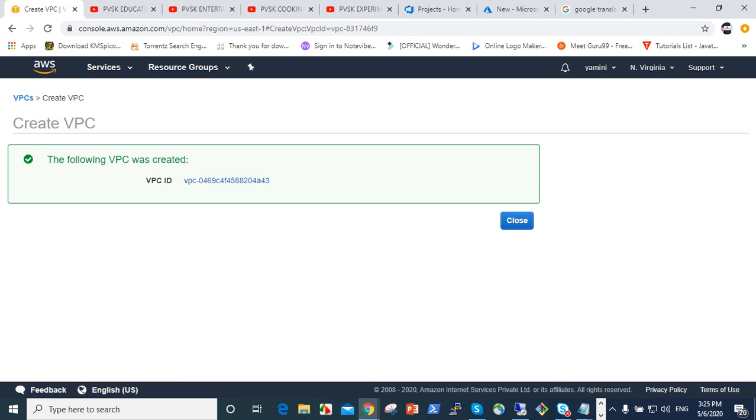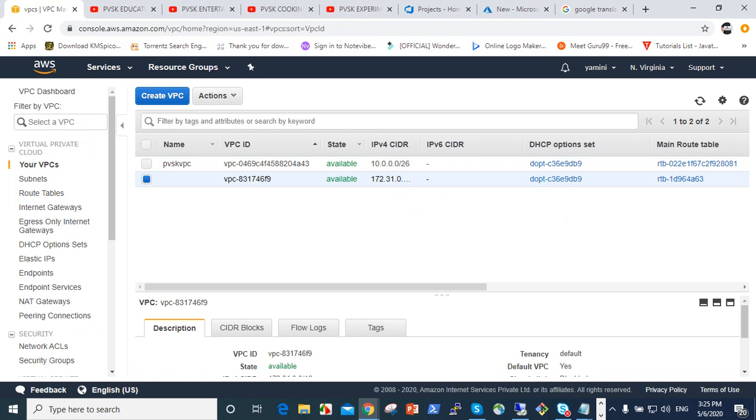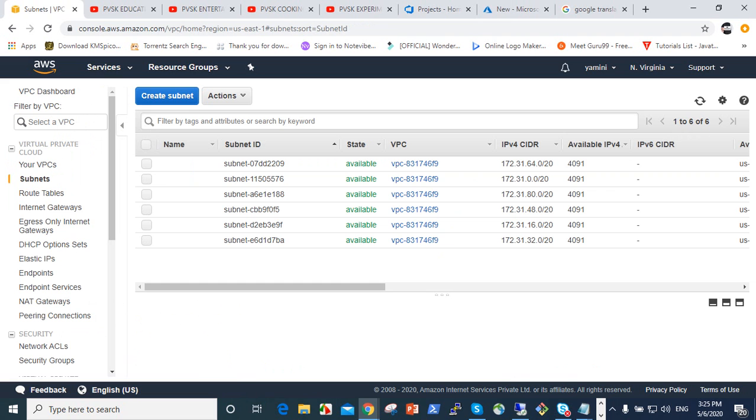The VPC is created now. Also go to the subnets. Why do we use a VPC? We know that it is a virtual network in the cloud, and all instances are in this VPC for security purposes. That's the main thing here. So go to the subnets. Subnets add security to the VPC. Every subnet is associated with the default ACL, access control list. This access control list acts as a firewall for traffic to the subnets. That's the main thing.